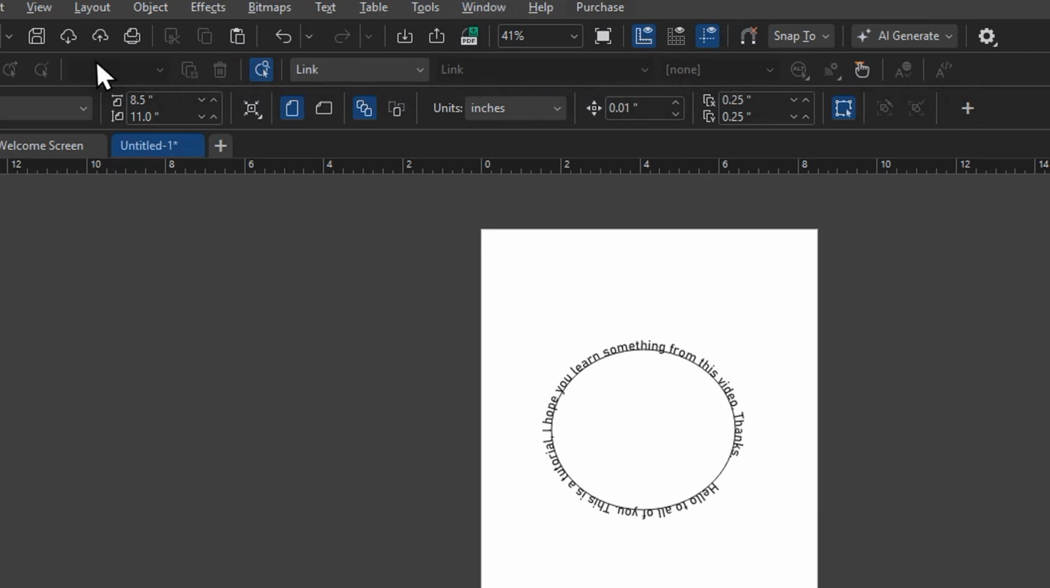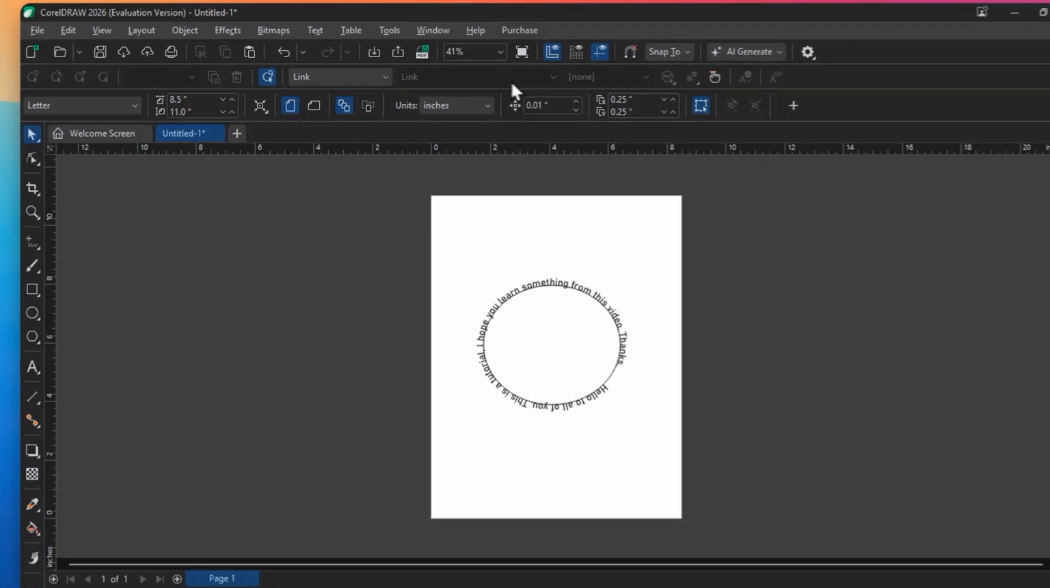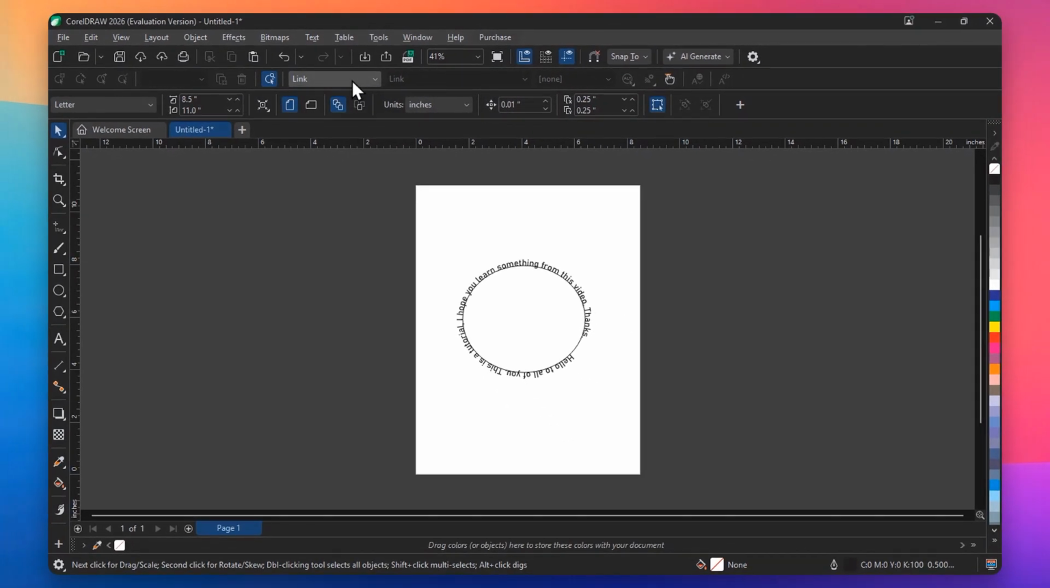Now that our tools are ready, the second step is to assign the actual link. Use your Pick tool to click on the specific object, shape, or block of text that you want to transform into a clickable link. If you prefer using shortcuts, you can quickly activate the Pick tool by pressing the spacebar